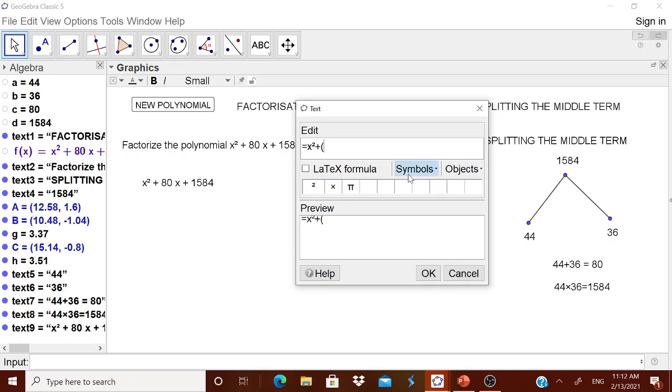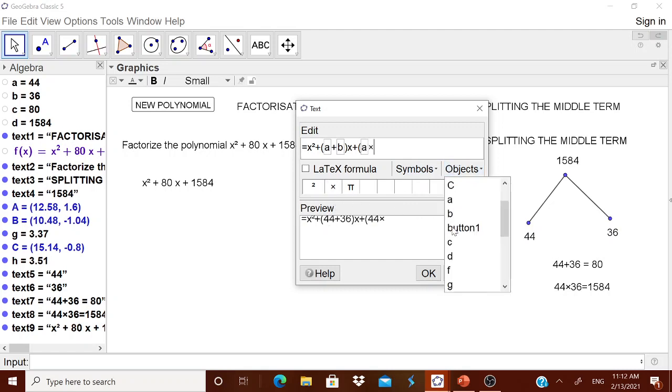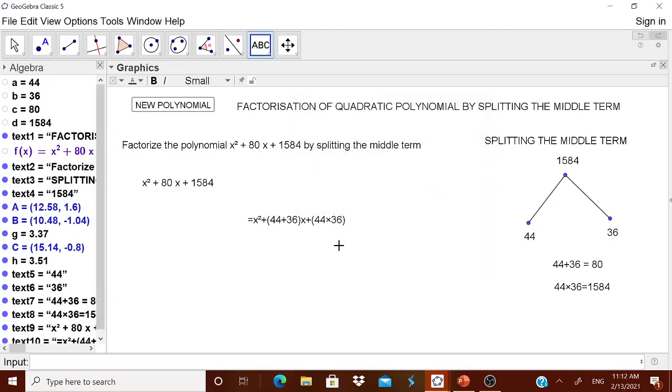Therefore from the object A plus from the object B, close it, into x plus, again start the bracket, A, then multiplication of B. Very easy. You constructed it like this only. It is x square plus 44x plus 36x plus 44 into 36.